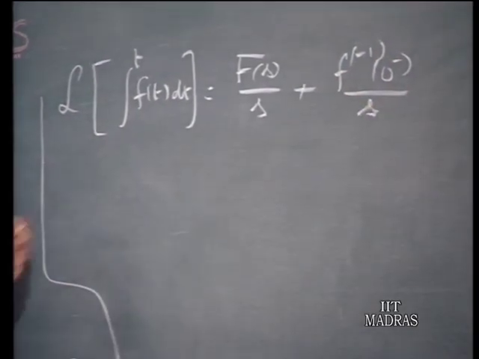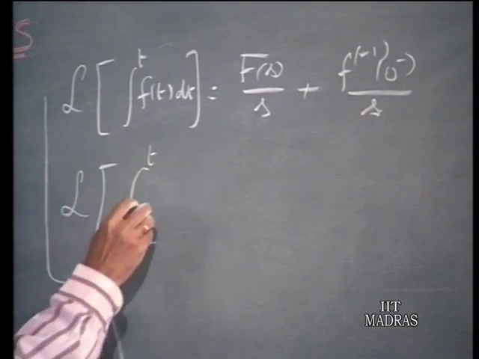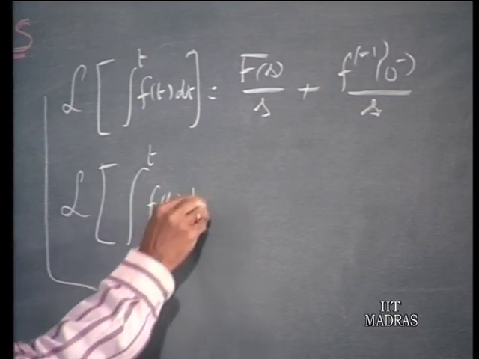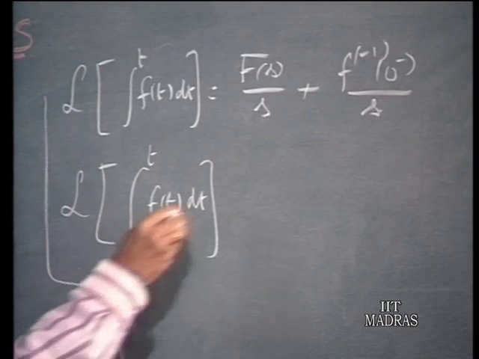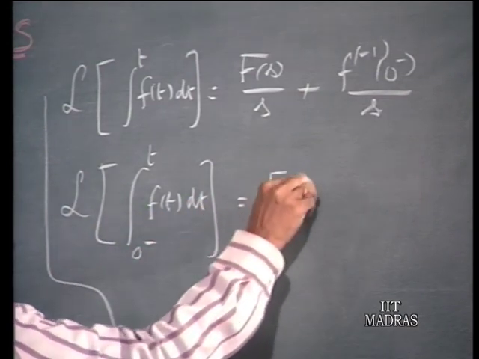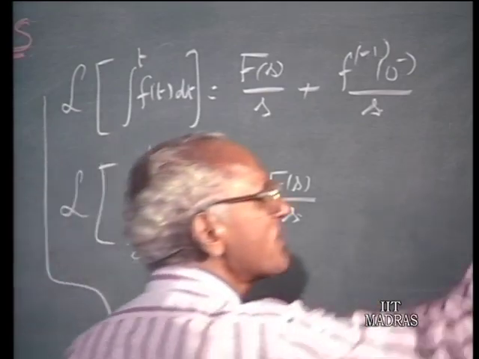On the other hand, if you want to take the Laplace transform of the definite integral from 0 minus to t of f of t dt, that means the initial value of the integral is ignored, then this is simply f of s over s. These are the two important results relating to integration, and we can make use of this